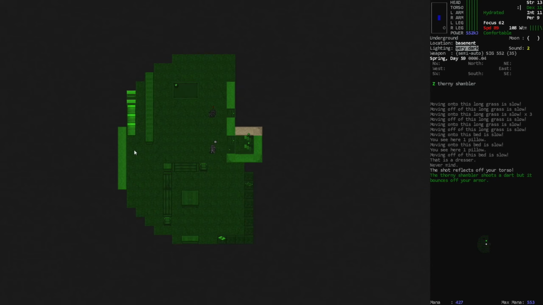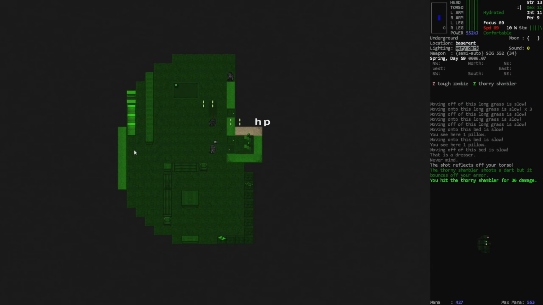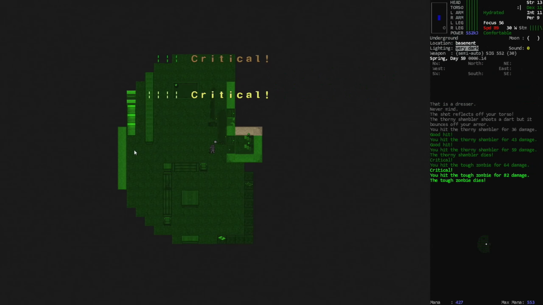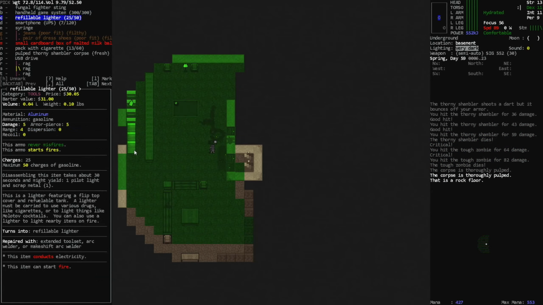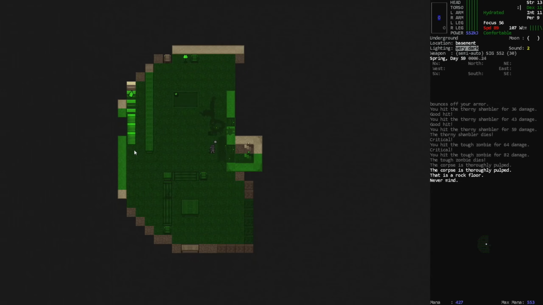You shot me. Thorny Shambler shoots a dart, but it bounces off your armor. We've not actually fought the Thorny Shamblers before, I don't think. Man, you take a lot of hits, though. Good for you. I remember when they were added, I read about them, but I don't remember what they do at all. Apparently they shoot darts, which maybe mutate you. I'm not sure. The only darts I know of in the game mutate you, so...